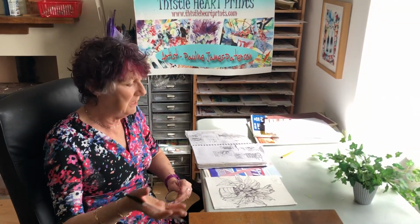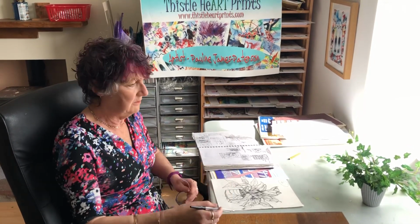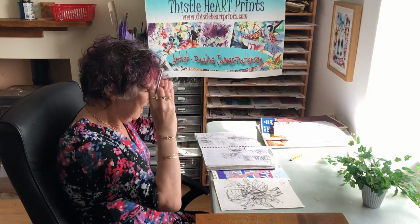If it's a nice day, take a garden chair, sit in the garden with your ballpoint pen, whatever you've got available, and just draw a single plant. It doesn't have to be a pot plant. Right, when you've done that,